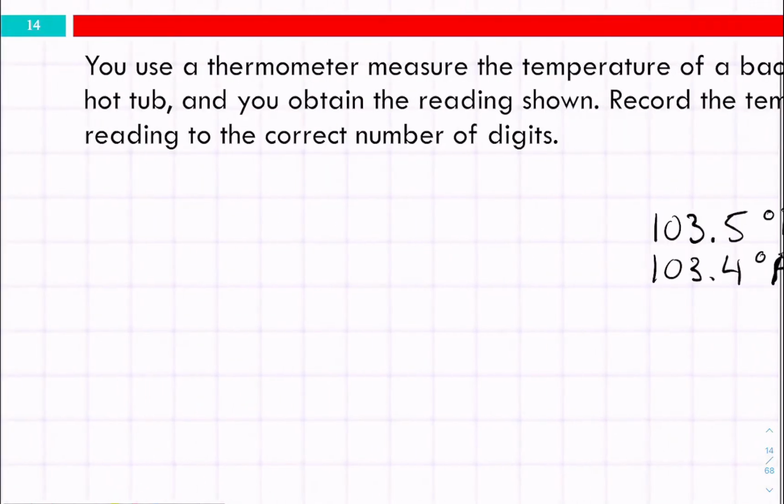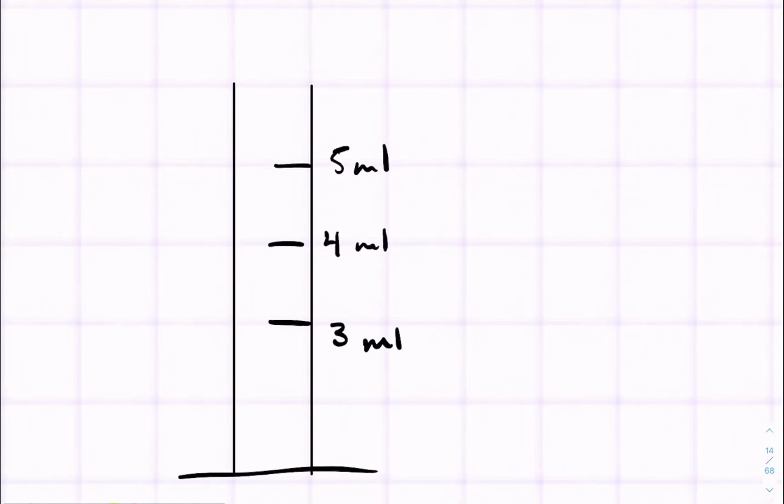I'm just going to use a blank section of this slide. So one of the things that we do in lab a lot is we measure out volumes of liquids, and for that we use a graduated cylinder. So I'm just going to put some markings on here. Let's start at 3 mL, 4 mL, 5 mL, and then these will have